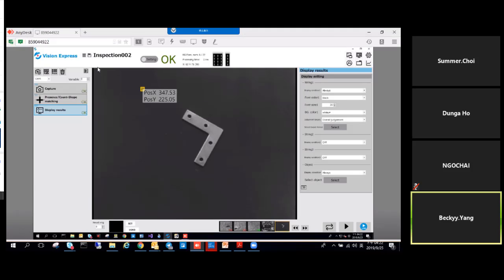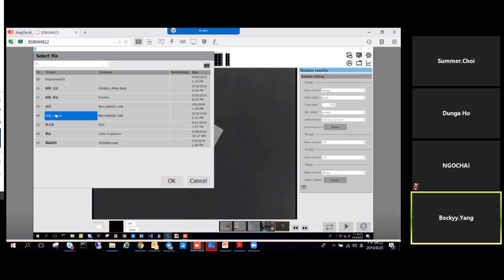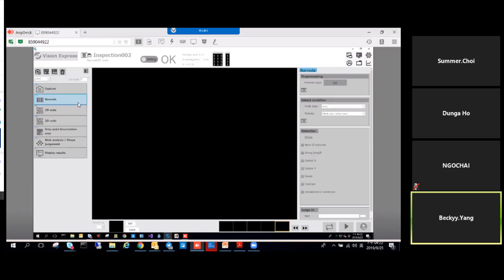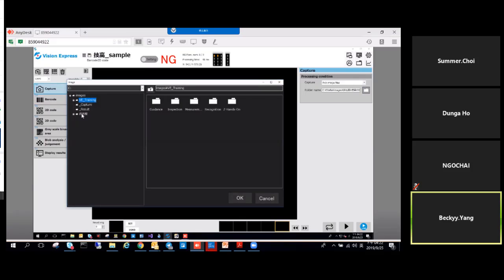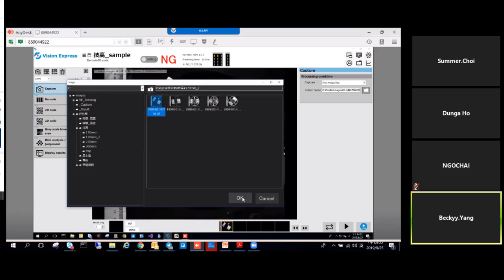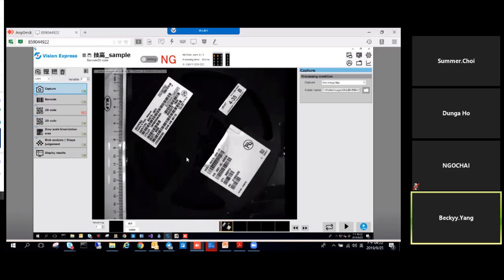Hello. Hi. Now I show the real case I faced from our customer. Wait, I load my picture. Can you see my picture, my image? In this case,